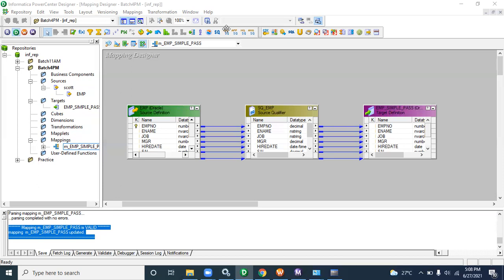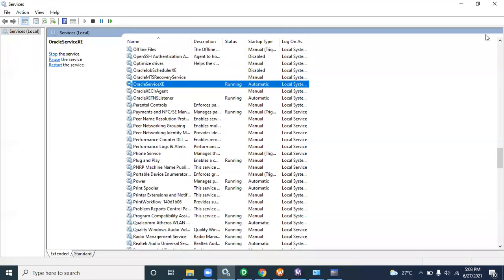Sure, Vidyut. I'll try to create an ODBC connection today since Oracle is already installed and the server is installed on my computer. So I'll complete the installation for the client, and after that I'll create an ODBC connection. If there is any issue, I'll get back to you. Yes. After installation, first try to configure both server and client. Once you are done with the configuration, then only you can try to create the ODBC connection. Yes, server and client installation is done. After that, I'll create the ODBC connection. If I have any issues, I'll get back to you.